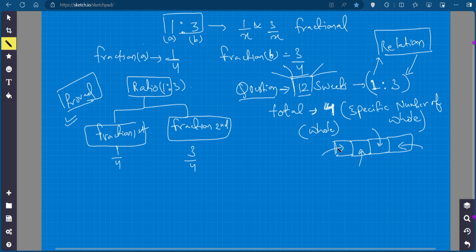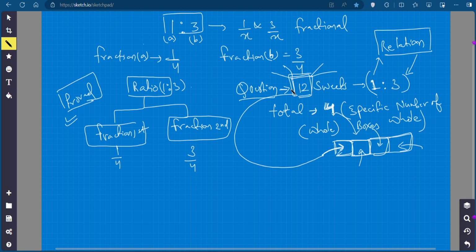So a box has to be there. 4 says a box has to be there. This is what 4 means. Now we will put real things inside these boxes. 1 plus 3 will give me 4, and 4 will always be boxes where you can keep